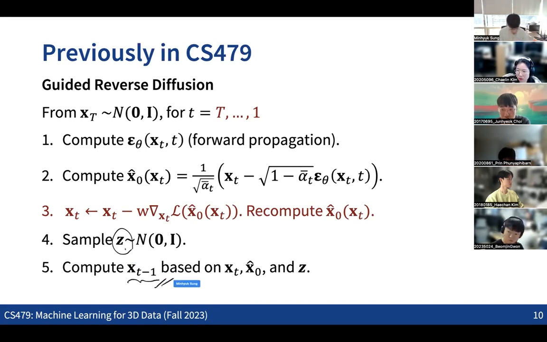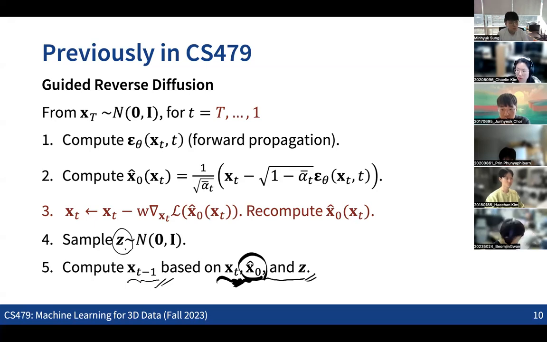So for the computation of the sampling of the xt minus 1, what we need is not only the xt, but also some kind of prediction of the final output, the x0. And based on these two, and also the unique Gaussian sample, we are sampling the xt minus 1. So this was the basic procedure of the reverse transition of the diffusion models.